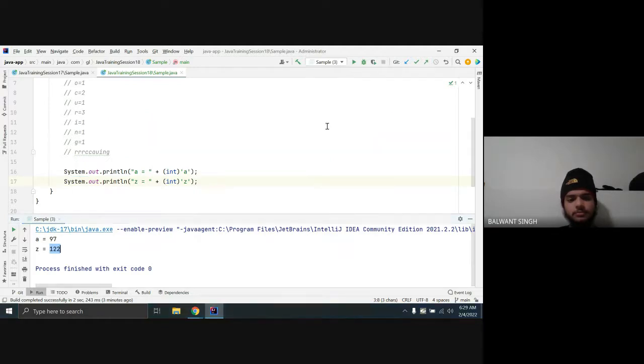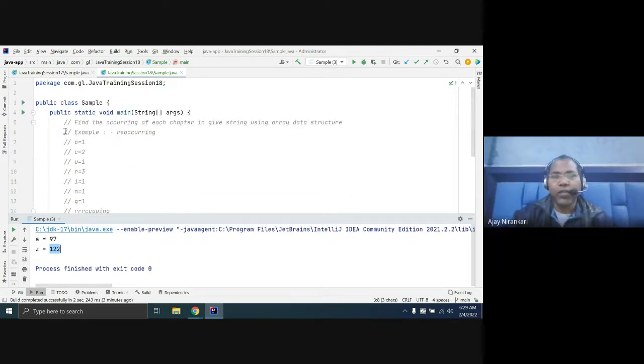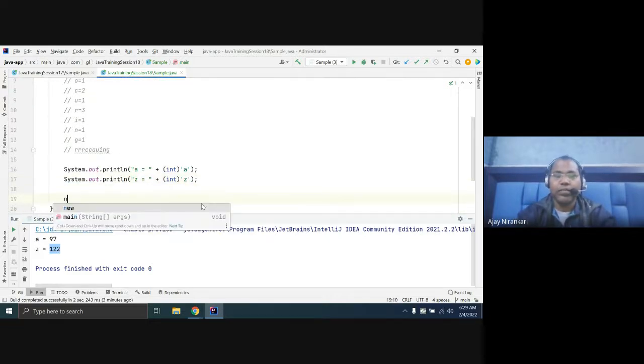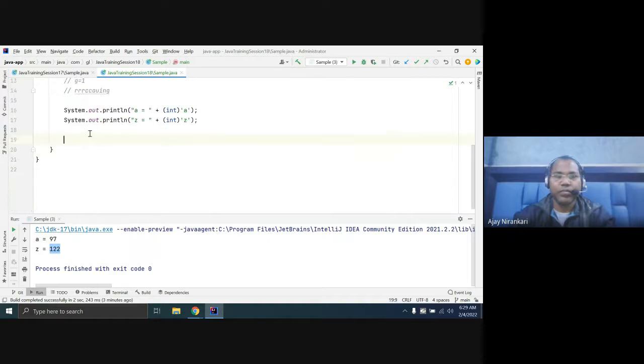So in this way, let us try to see if we are able to solve our problem or not. Let us simply create an int array of all pairs, new int, and you are creating one with a maximum index of 122.